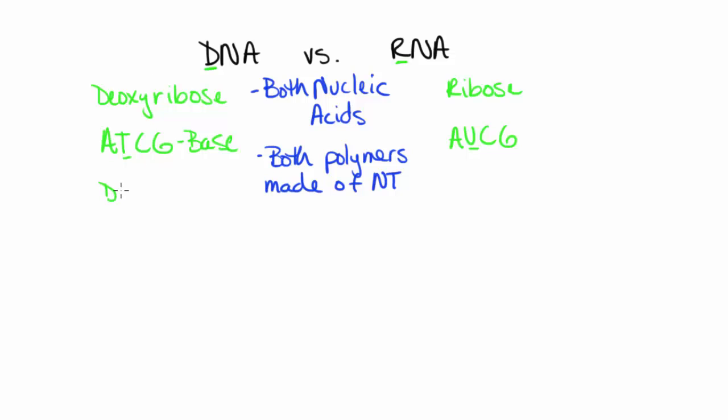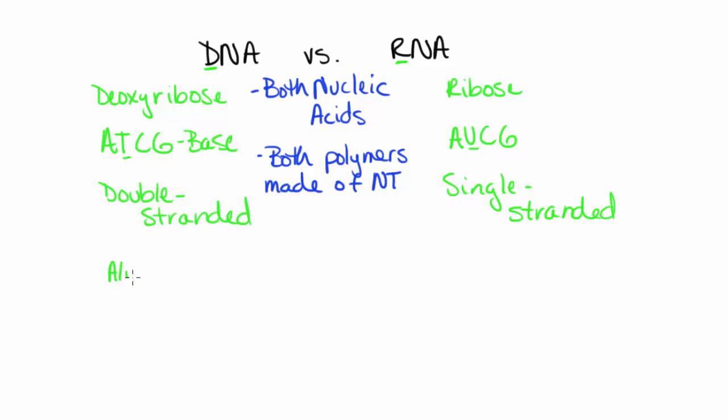There is a difference in the overall three-dimensional structure of them. DNA is always going to be double-stranded, meaning there's always two strands that are hooked together. RNA is going to be single-stranded. And because of this difference in how many strands are there, that will affect what the overall molecule looks like. So for DNA, it is always a double helix. The double part has to do with the fact that it does have the double strands or the two strands,